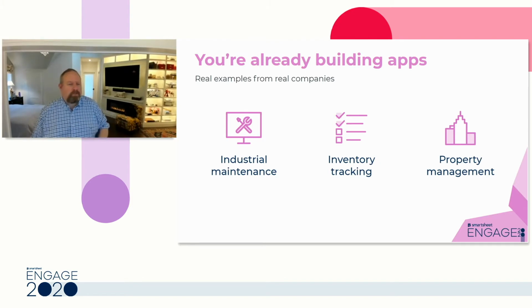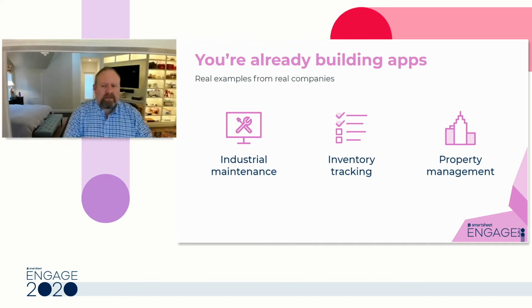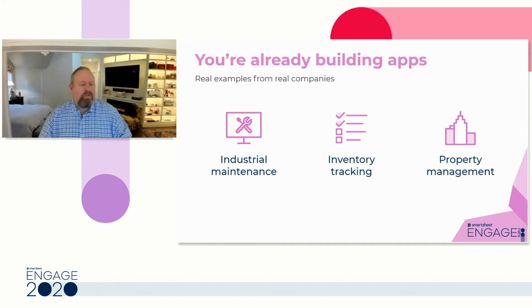We have a third customer in the property management business. They've got a bunch of contract property managers who really needed to understand how to find the forms they need to do their job, and how to report on maintenance activities that need to take place. So they built an integrated dashboard with all of those reports and forms so that their employees could have a streamlined experience. And as we saw more and more customers building these, it really inspired us to say,